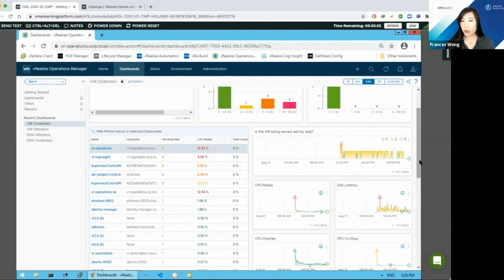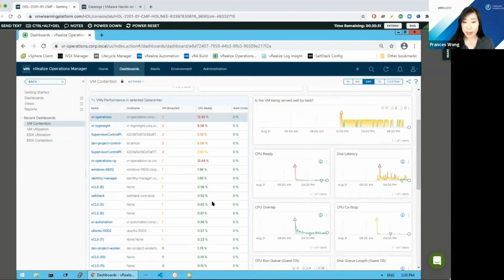But that allows you to have some contextual awareness of overall how the infrastructure is doing. And then as you go down into the VM, you can take a look at how the VM is doing with respect to the overall environment. And this is actually where we're going to go ahead and end my speaking session,